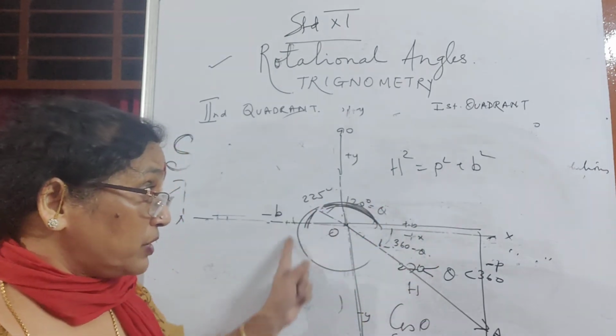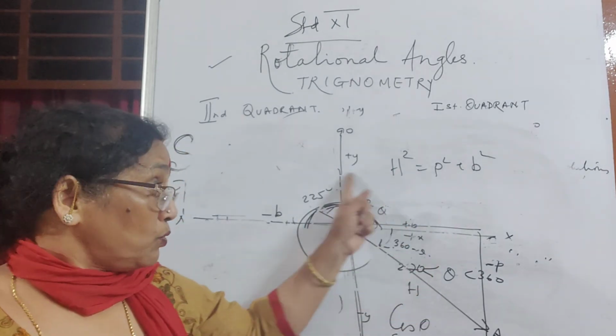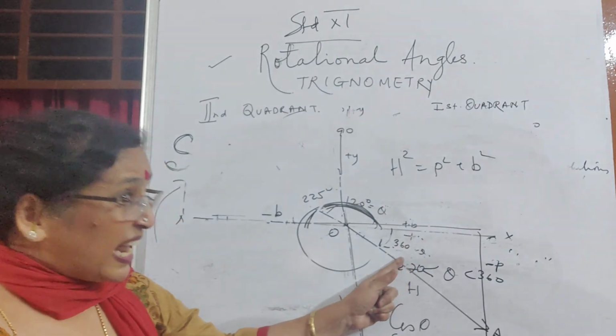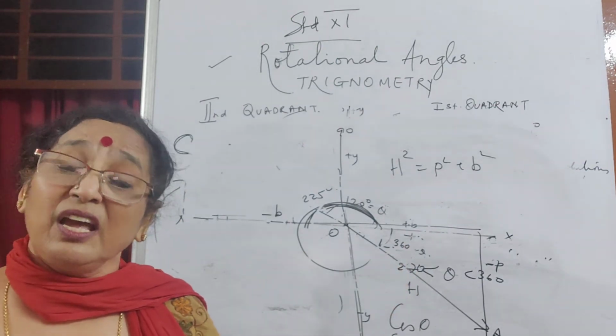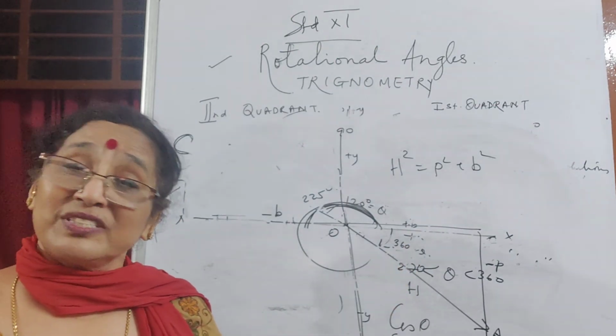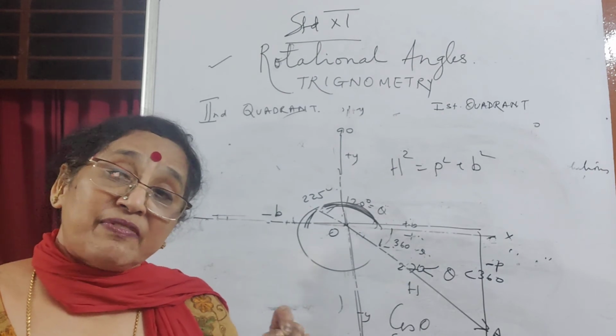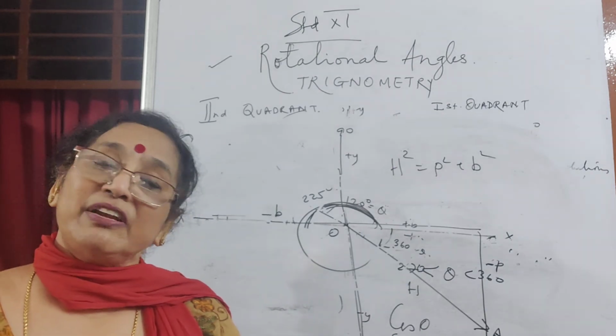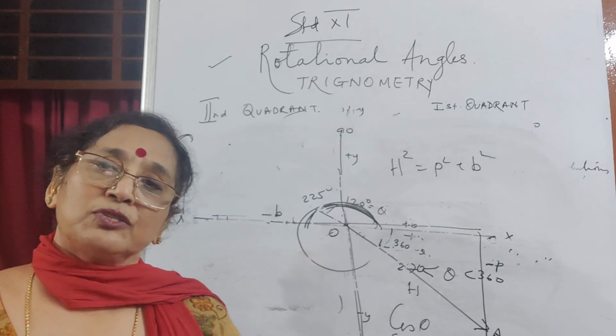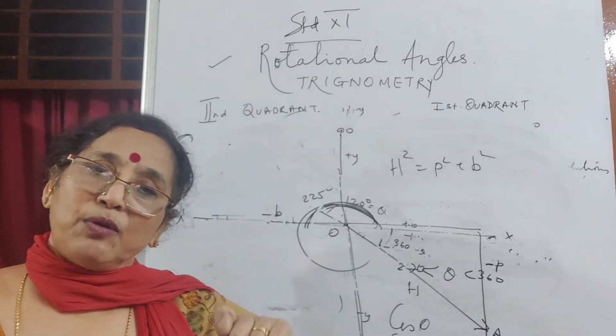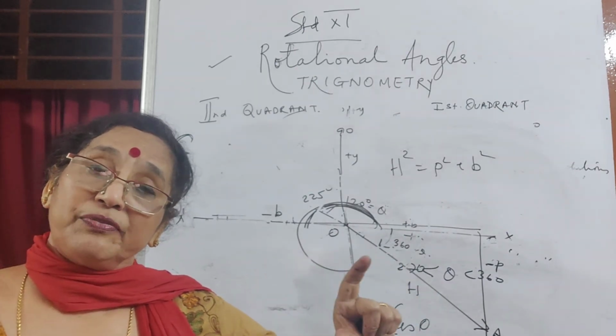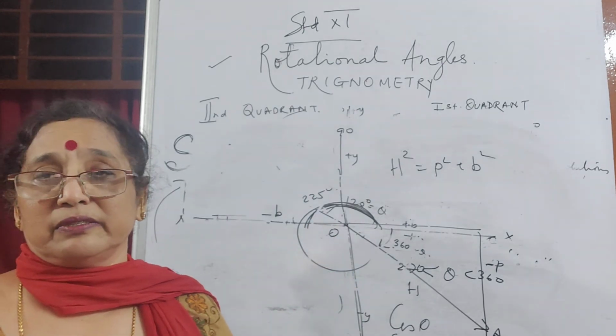So one round is 360, two rounds is 720, a little less. How much less? 20 less. So 720 you write as 720 minus 20, and 720 is a multiple of 360. So all multiples of 360 and multiples of 180, if you remove them, what remains is the excess angle theta, right?